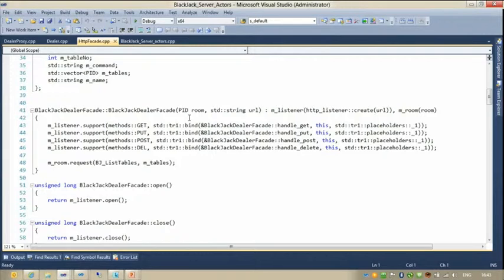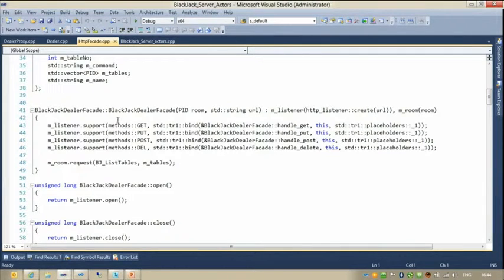It's very interesting, I think, but it takes quite a bit of talking about it to really get it. So the best thing there is to get the samples, get the download, and play with it for yourself. However, the facade uses a slightly different method of providing the implementation of the various get, put, post, and delete methods.